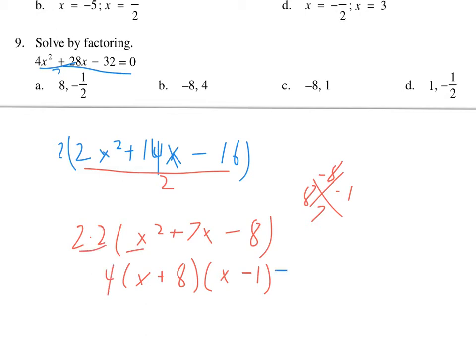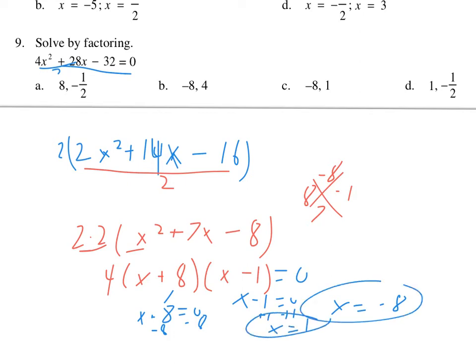And then since we're equal to 0 here, we need to split these up and set them equal to 0 individually. So this one's going to be x equals negative 8. And for x minus 1 equals 0, it would be x equals 1. And so that's looking like